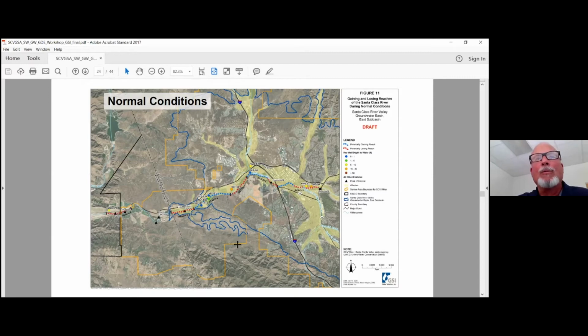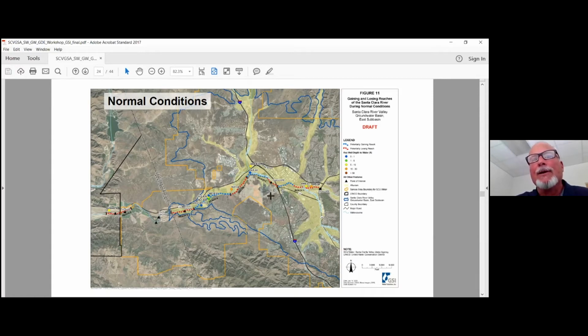When we go to the normal conditions, average rainfall conditions, we start to see things change. So just downstream of the Saugus WRP, it looks like the river is losing, but then as we approach the I-5, there's indications that it might be beginning to gain again, and then lose again after that, past the Valencia WRP, but then picks up again here in this area where the river appears to be gaining. There's an important reason for some of the dynamics that you see here, and that is that the alluvial aquifer that underlies the river is not uniform thickness everywhere. It starts to thin out over here